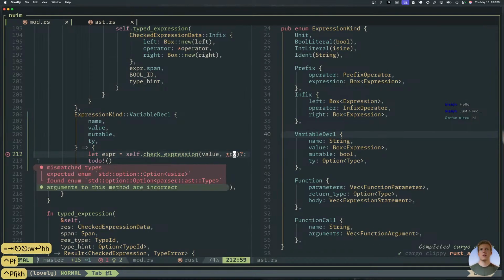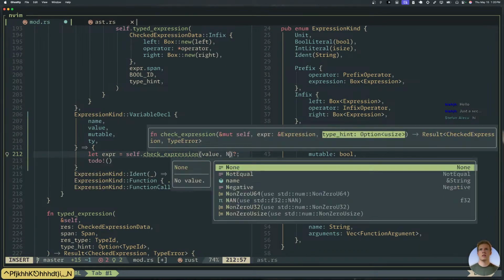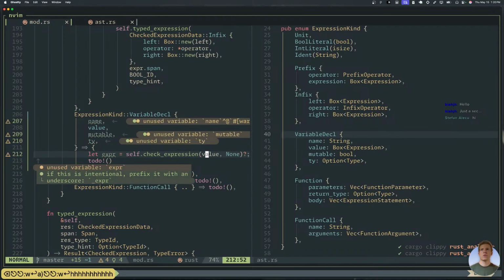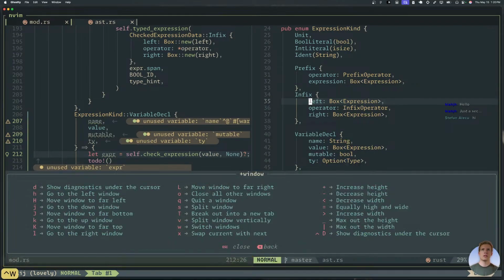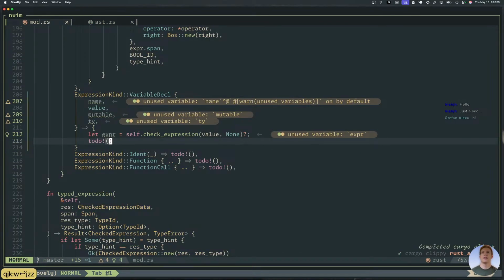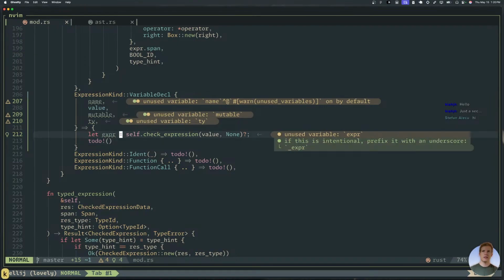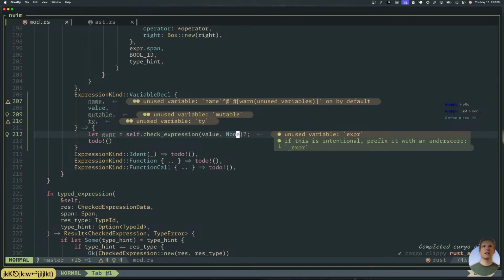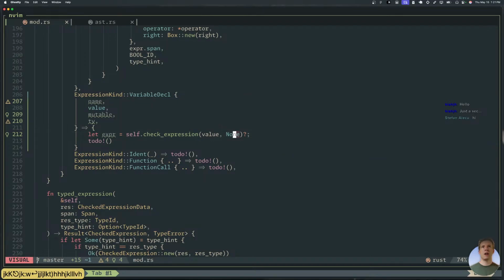I don't know what it's thinking I'm doing with this, but say none for now. So this checks the expression. We don't need this. So we have an expression. This type comes through as that, so somehow we need to map this to a type ID. But it kind of depends on the scope.